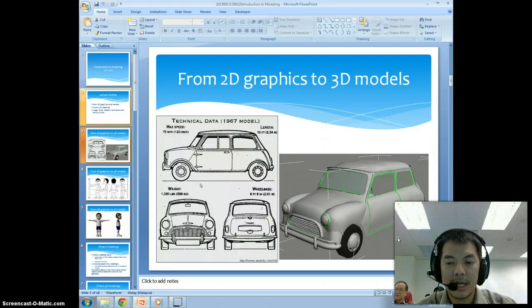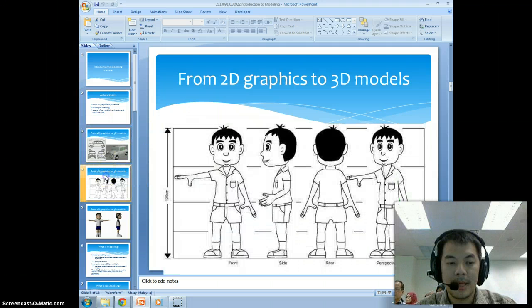Basically we are going to use 3ds Max to do this. Also we need to edit the images using Photoshop. Next, apart from using the blueprint, we can also draw the graphic ourselves using Illustrator or